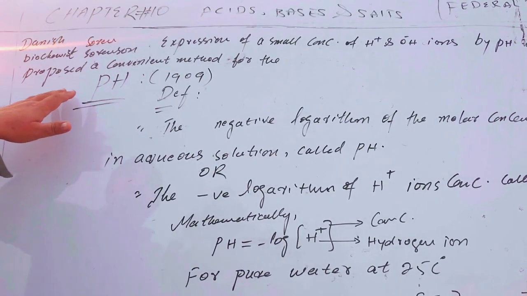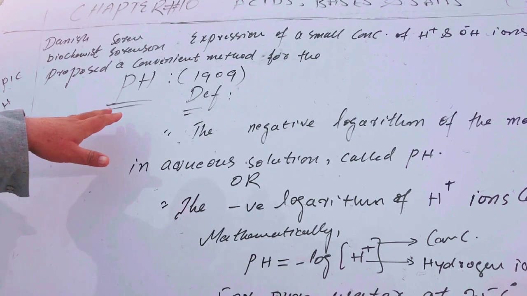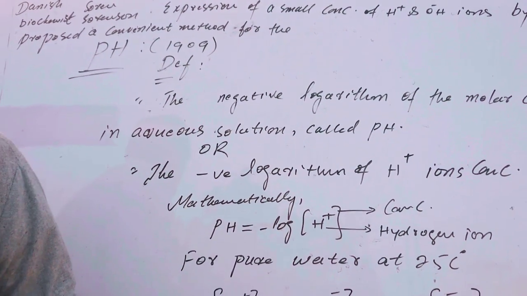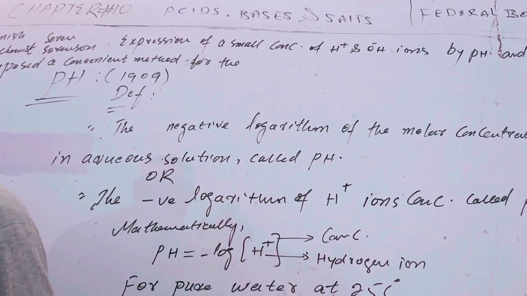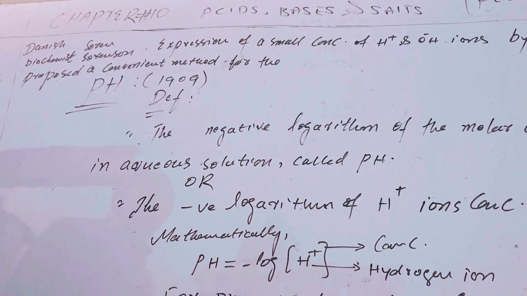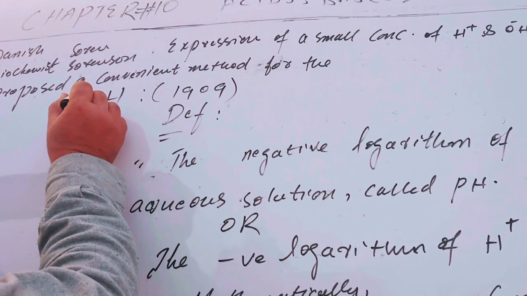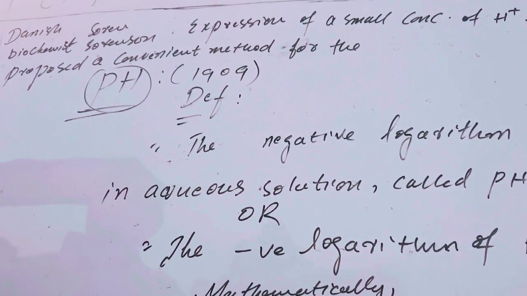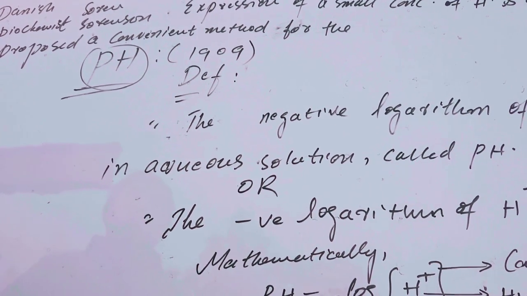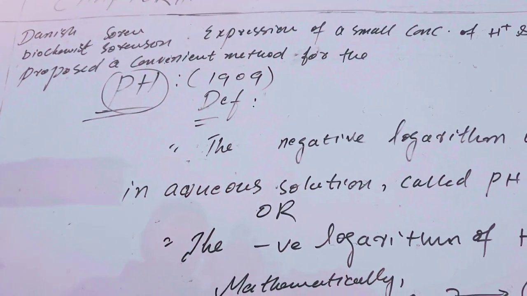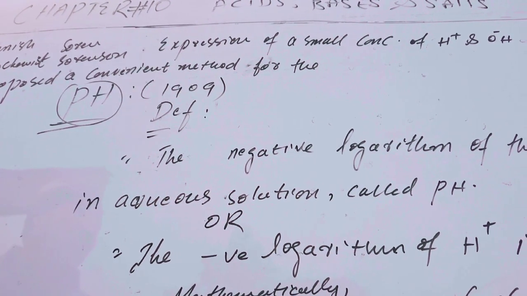Today we will discuss pH. Previously we discussed the self-ionization of water. What is pH? A Danish biochemist, Søren Sørensen, proposed a convenient method for the expression of a small concentration